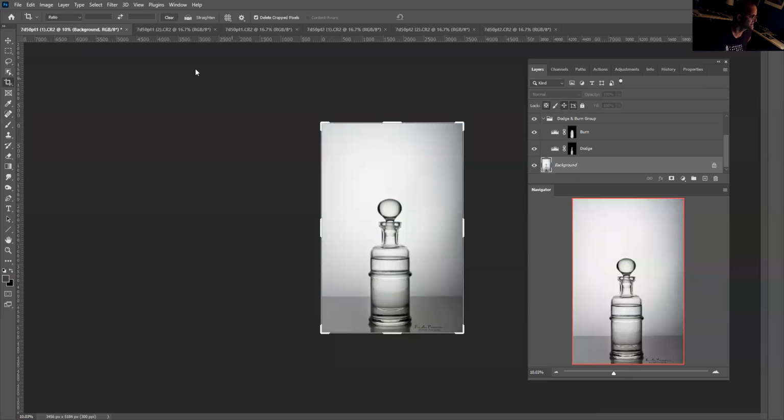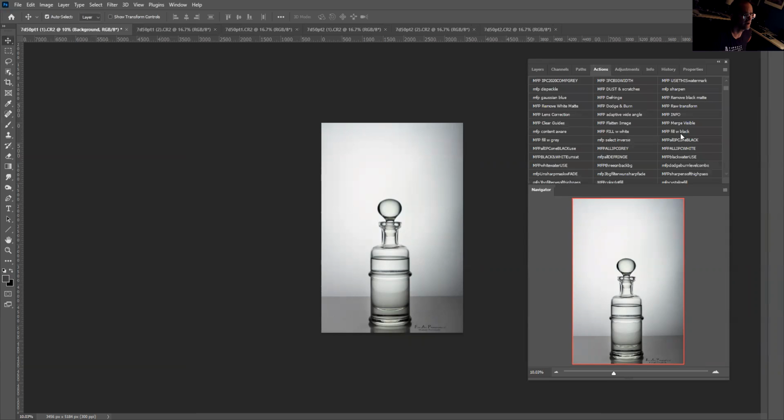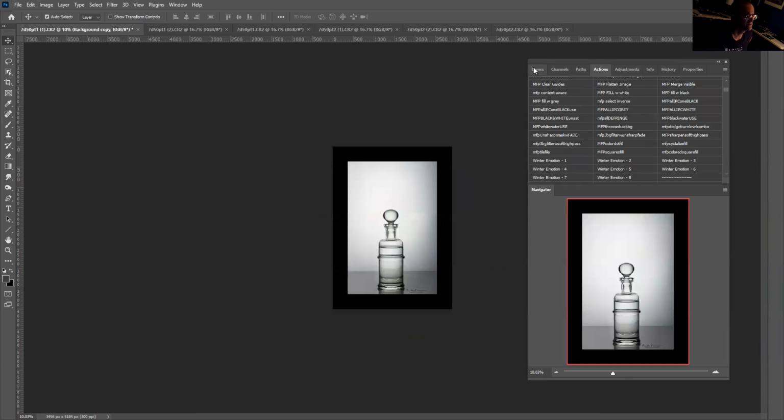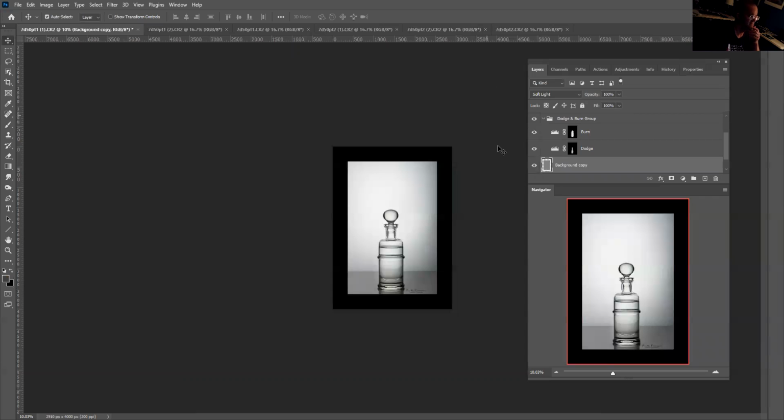I'm okay with this. Use a style for more actions. So when I do the image,